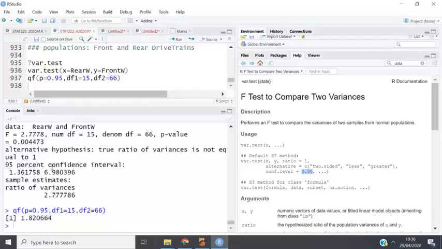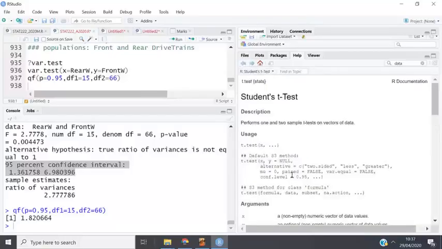Now, one other way is to also use the 95% confidence interval. Okay, so the interval is 1.36 to 6.91. Now, remember that if our population variances are the same, then the ratio of our variances will be equal to 1. The interval does not include that. So it means I do what? I reject it. So it's not what? Equal. So what it means is that now I have a basis to go to my t-test, and then